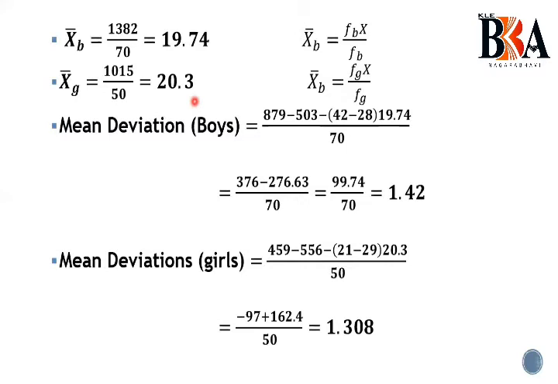When you get the mean, you have to go for the next step, that is the mean deviation of boys. The first calculation starts here. So how do we get this mean deviation? You already know I am using the direct formula here, not the indirect formula. I have not gone through the step-by-step method of your mean, I have gone straight with the direct formula.